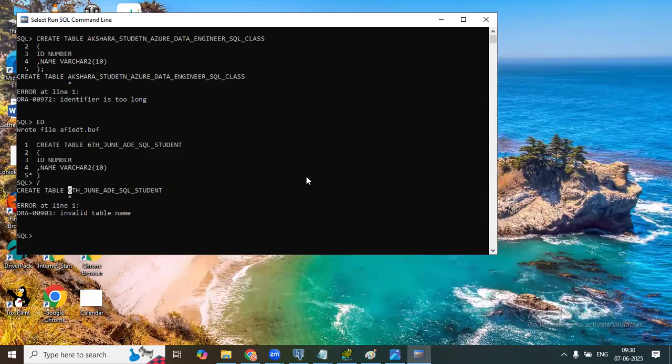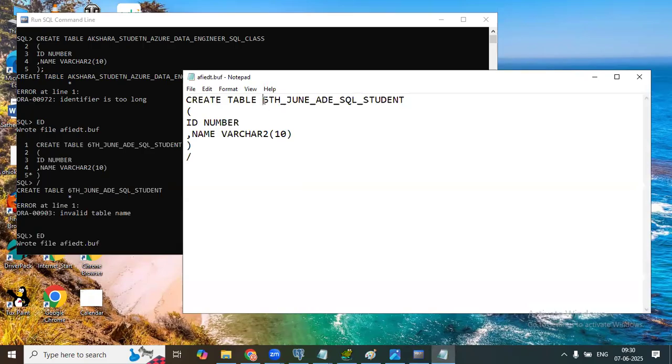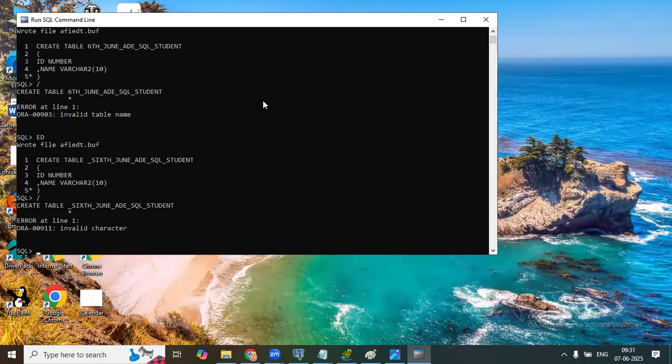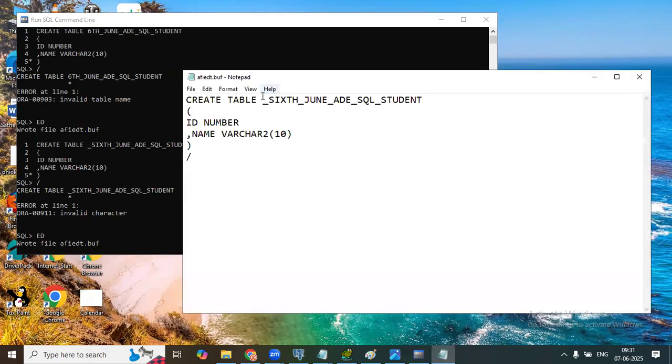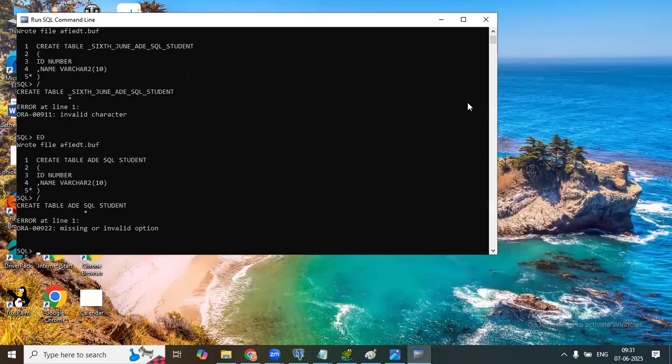It should not start with a number. I'll remove this and use an underscore before 6th June. It will give an error again because it should not start with a special character. Then I'll use ADE space SQL space student. It will give an error because it should not contain spaces.